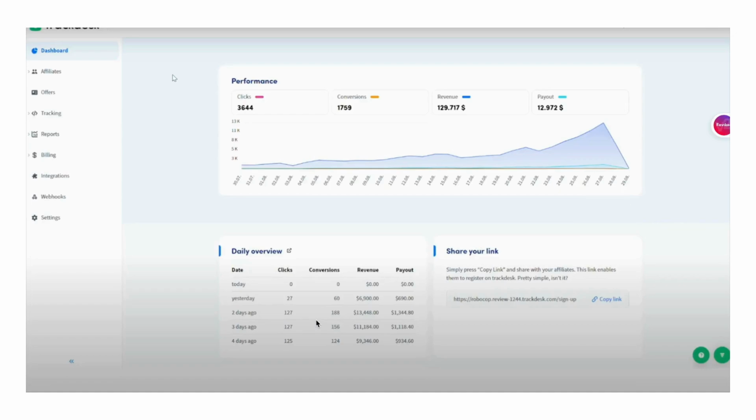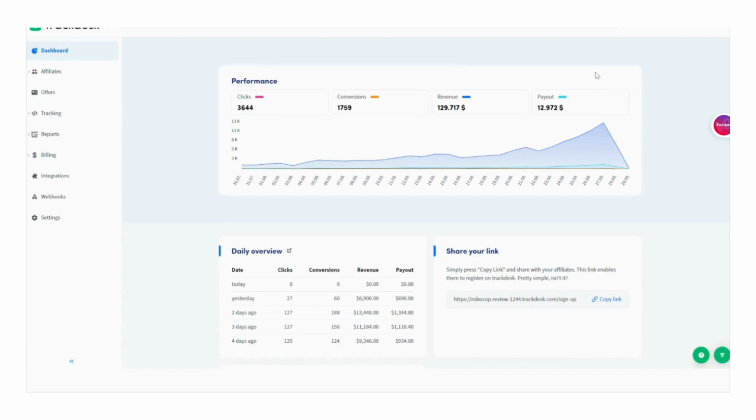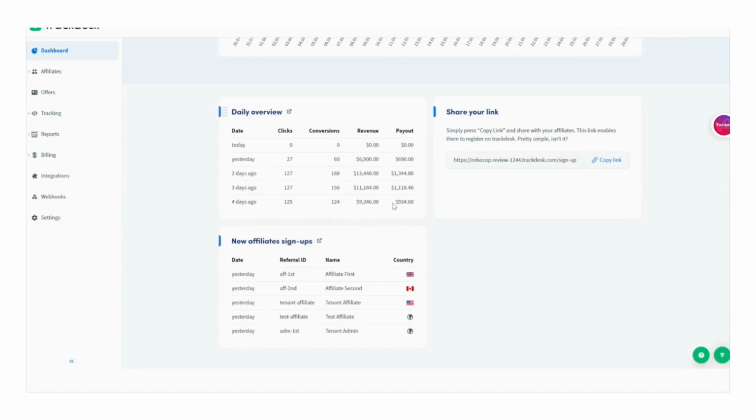Now coming back to the admin view, here I can see all the performance data as an affiliate ad network or advertiser such as clicks, conversions, revenues, and payouts. You can activate and deactivate them to see where you want to focus. Revenues indicate my total revenues and payouts show how much I owe to affiliates. The difference between revenue and payout is what I will get. As you scroll down, you can see how the affiliate program is performing on a daily basis and the new